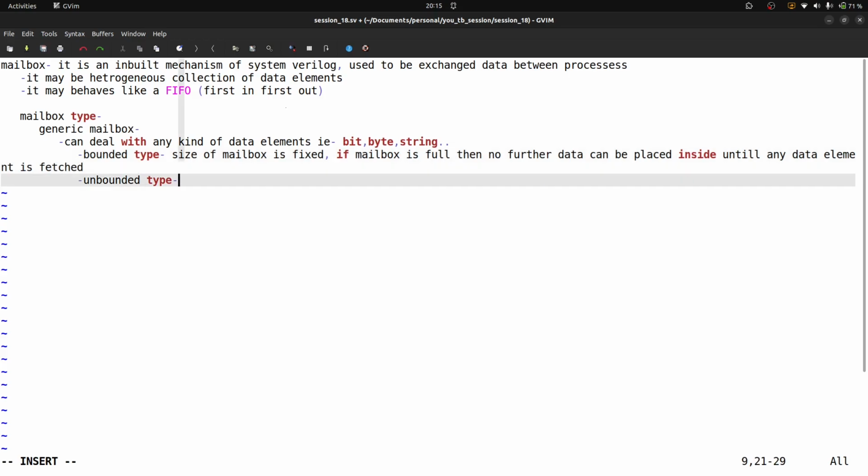Next one is unbounded mailbox. The size of the mailbox is unlimited. The user can place and retrieve any number of data elements. Now coming to the second type,